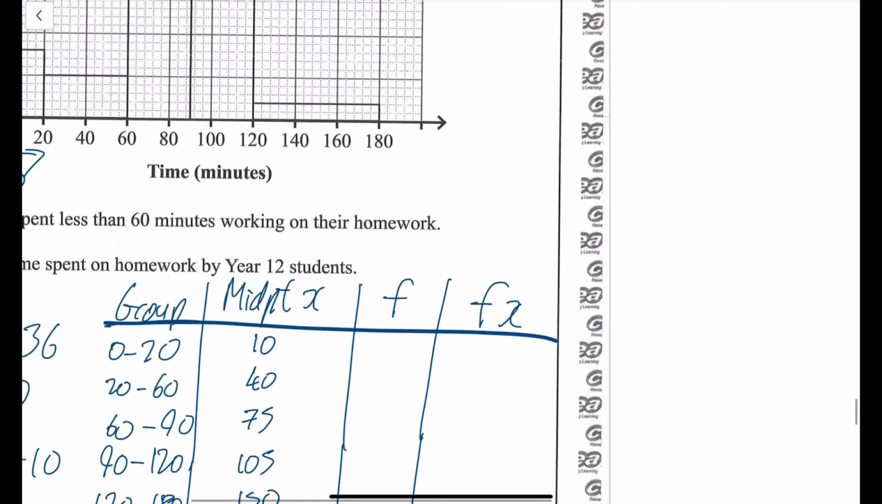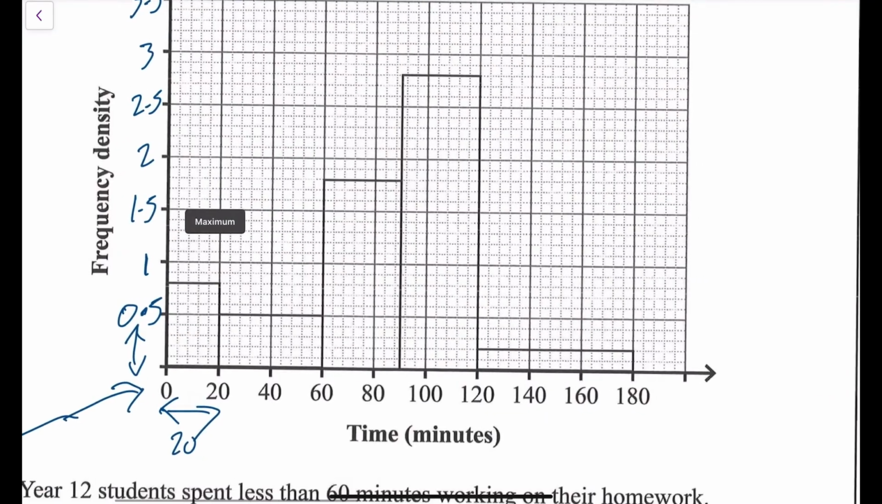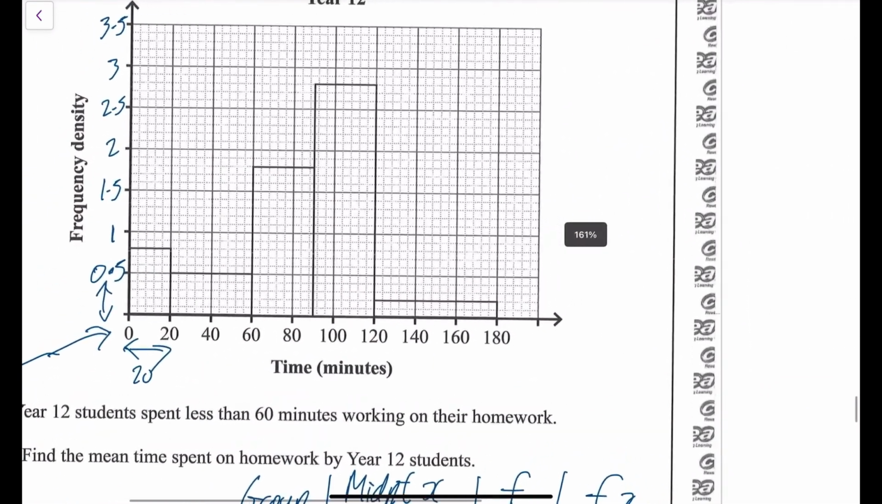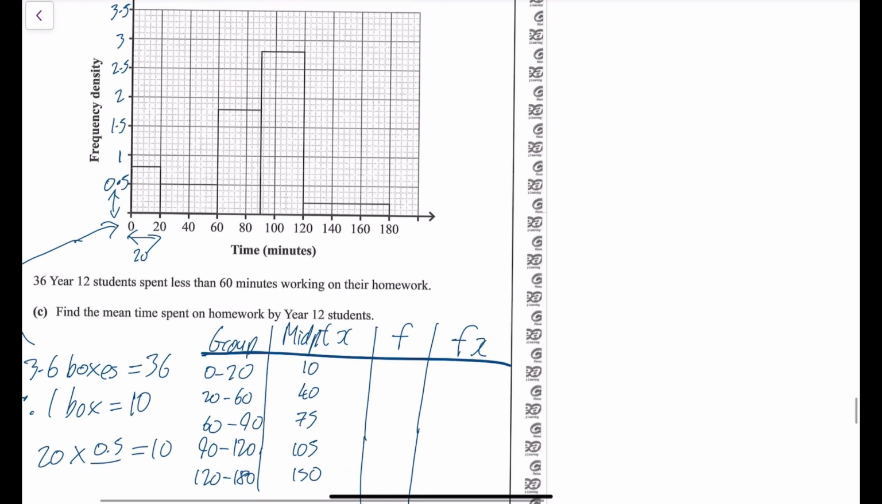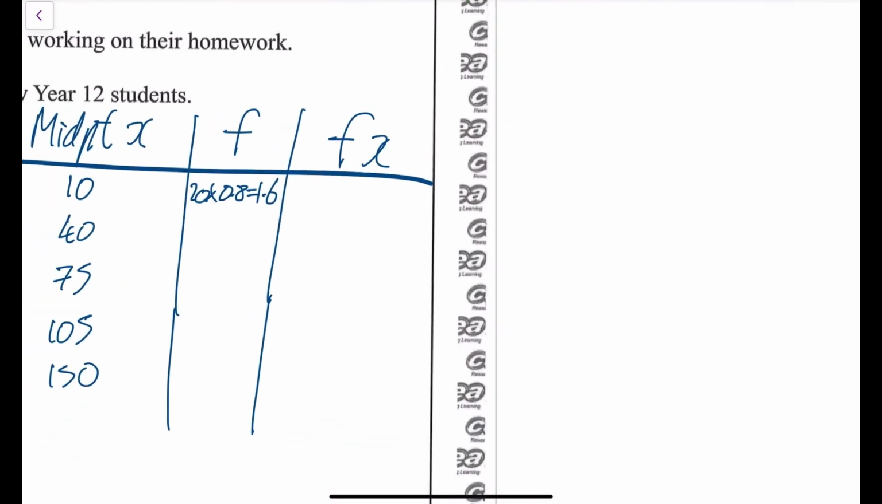And then the frequencies, okay, to get the frequencies, it's a frequency density times the width. There's going to be a lot of jumping about here, I'm afraid, folks. The first box was a width of 20, so it's 20 times 0.8, which is 16. Sorry, I'm going to zoom in here. You can check these on the mark scheme yourself. Next one was from 20 to 60, so that's 40 times 0.5, which is going to be